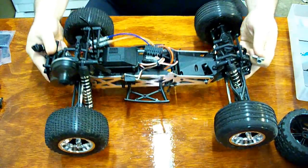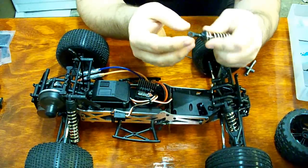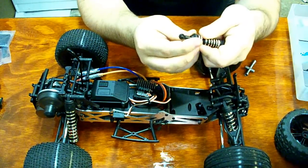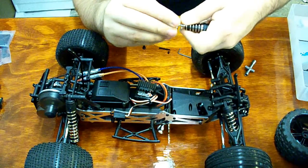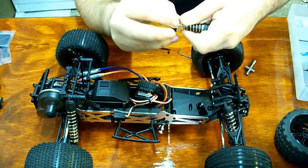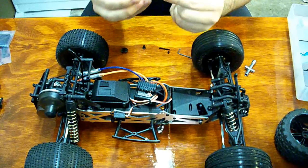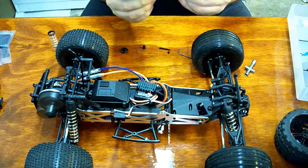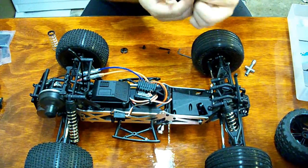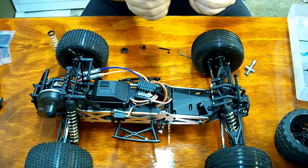Alright. Here's one shock. Pull this up. This slides right off there. Spring cup. It's got a little bit of pressure to it. Yeah, these aren't even filled. Air pressure in the bladder should actually push these back, so